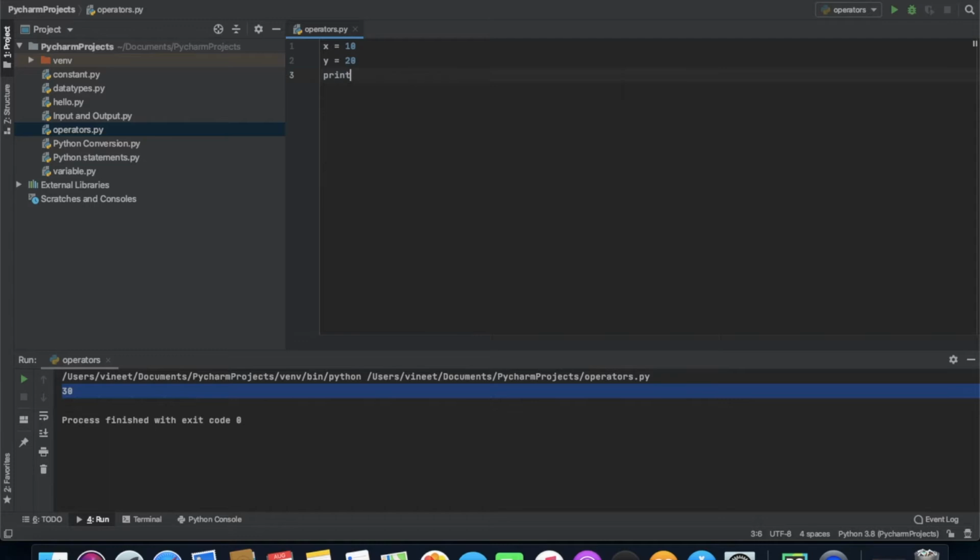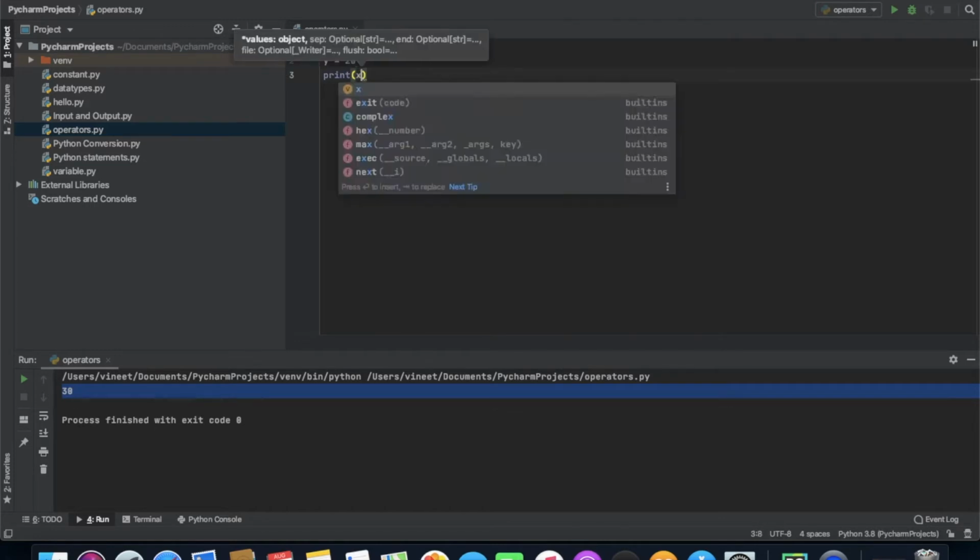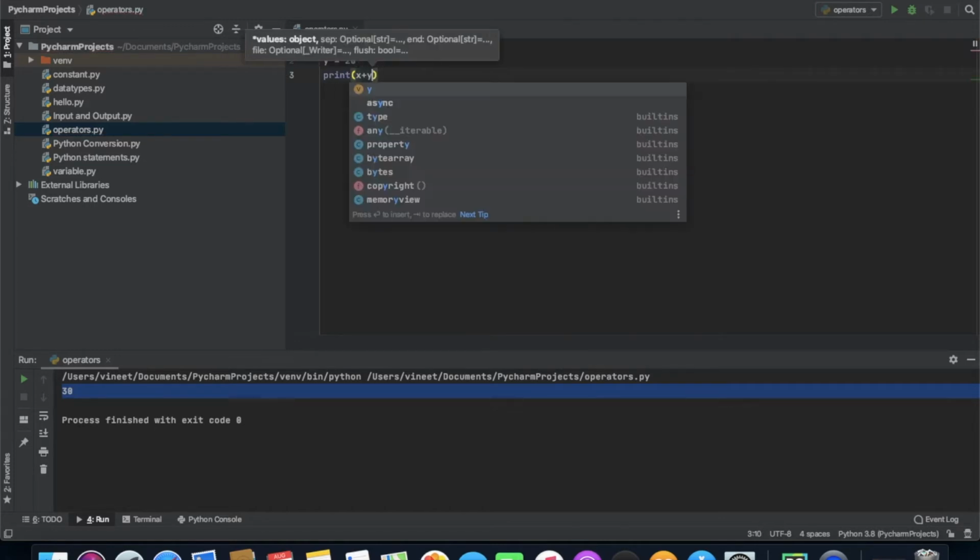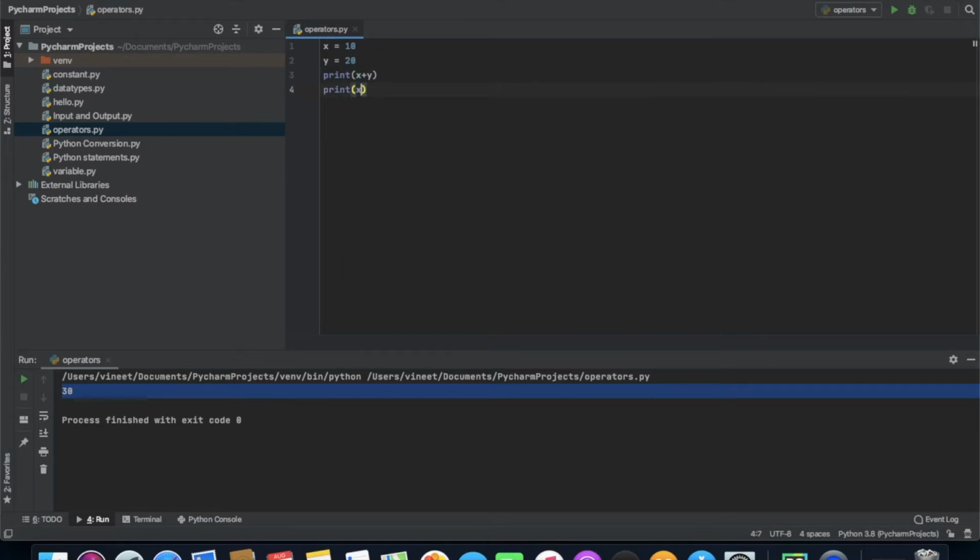And I'll print the output as x plus y, print x minus y, print x multiplied by y, and this is x divided by y, and this is x modulus y.